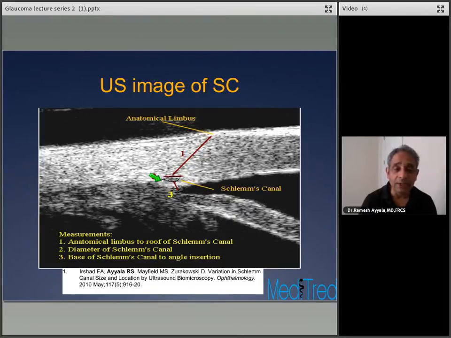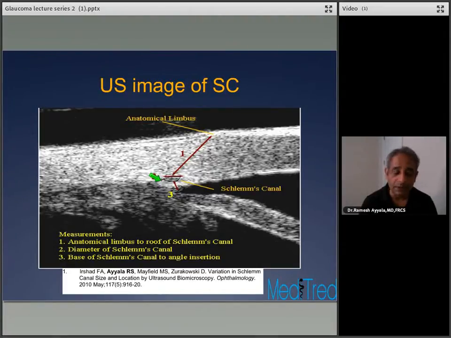But I just mentioned previously that the published reports suggested the diameter of the canal to be anywhere from 200 to 350 microns. Now remember, the 130 to 150 microns that we measured is in living human beings, and it may be that the canal is not completely dilated or distended to its full capacity while we are alive. And in a normal human being, there's no need for you to have a distended canal if there is a continuous flow of aqueous across it, right? And that may be the reason why the measurement that we have is much smaller than the measurements previously published